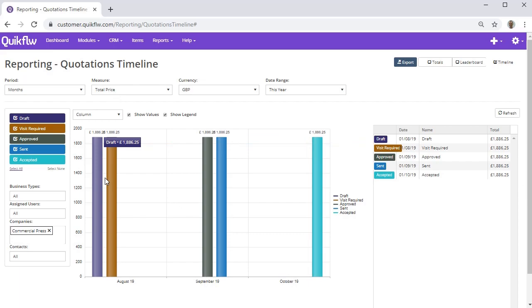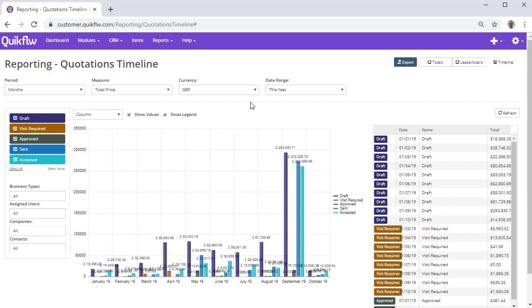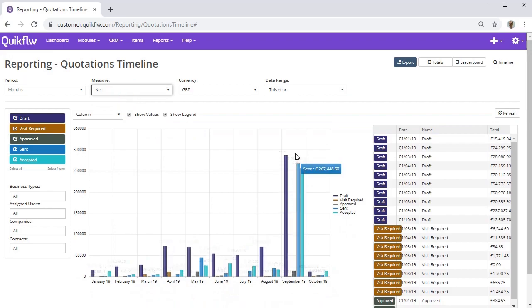For example, if you wanted to find out what quantity of quotes were accepted in 1 month, then you would use this rather than the totals chart, because the totals chart is using the date quoted, whereas this is the date that the status changes. So if you look at this chart here and want to see the value of deals accepted in a certain month, we can select total price, actually do net price,